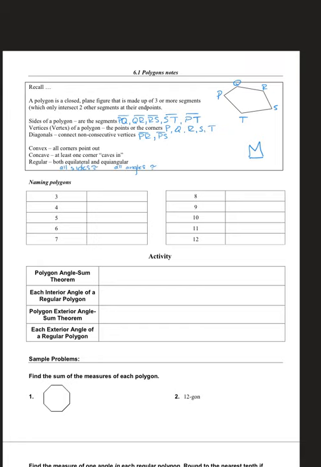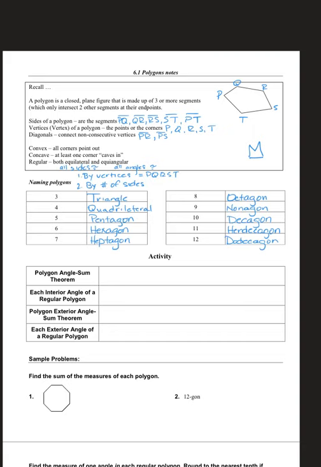All right, so when you name polygons, you can name them 2 ways. You can name them by their letters, or you can name them by the number of sides that they have. So if I wanted to name this polygon by its vertices, I would just call it PQRST or TSRQP. It's just the letters without skipping any of them. You just name every letter. If I name it by its number of sides, then we count the sides